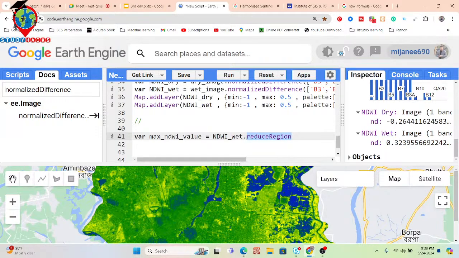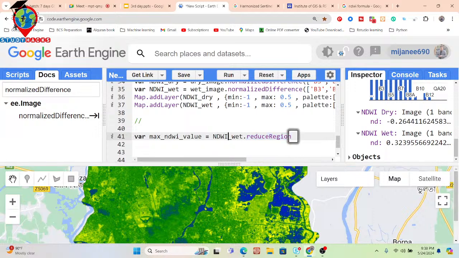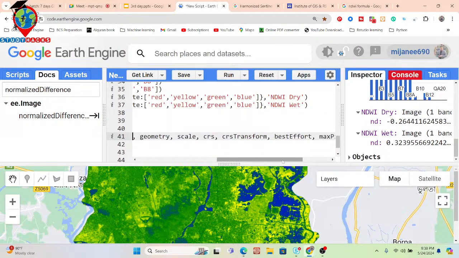Then we have to use the reduce region function. Here I want to calculate from this map, so I call this map variable and then put reduce region. Now I put in all the arguments one by one, and then it calculates.